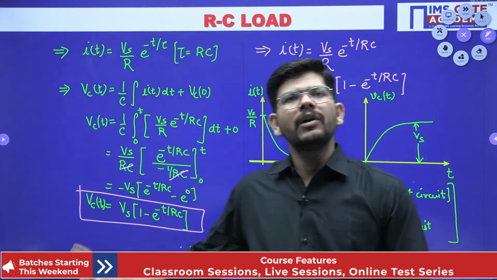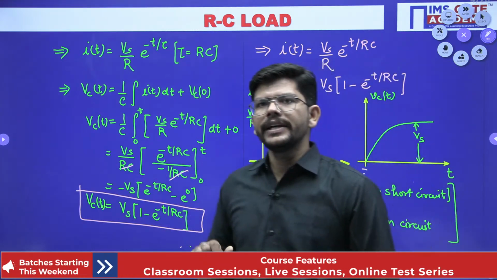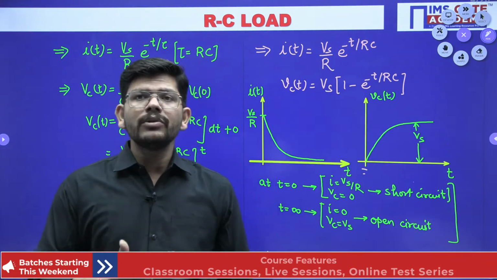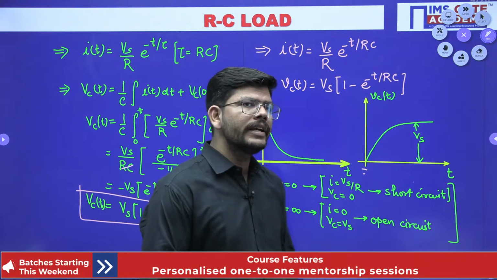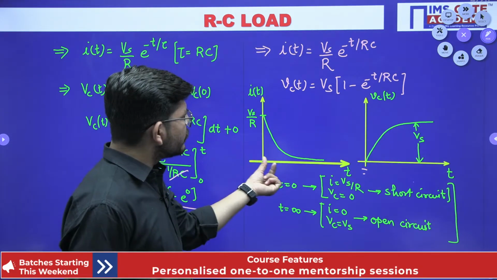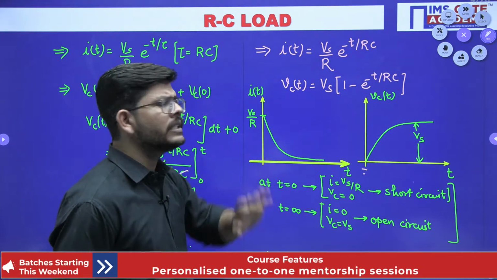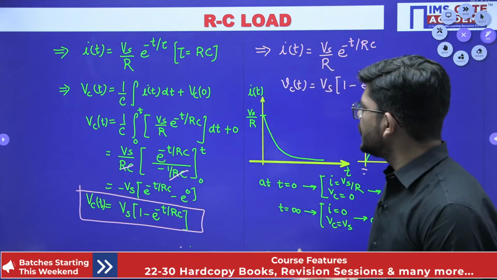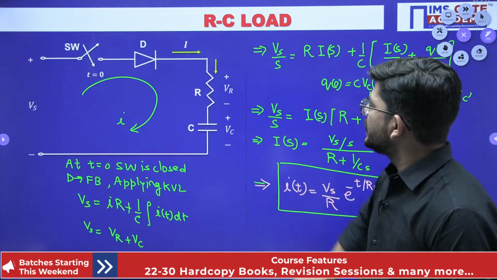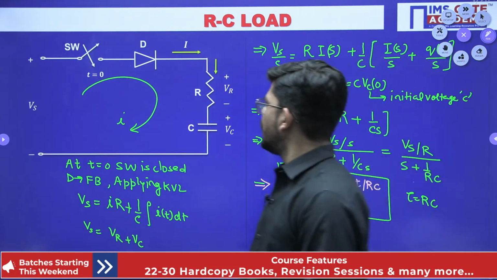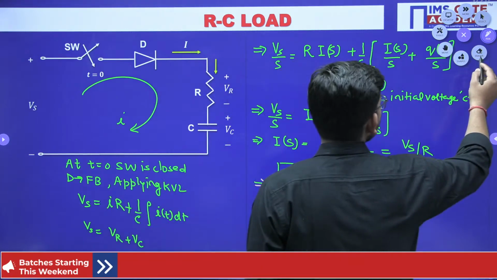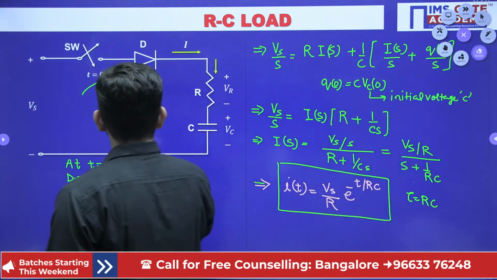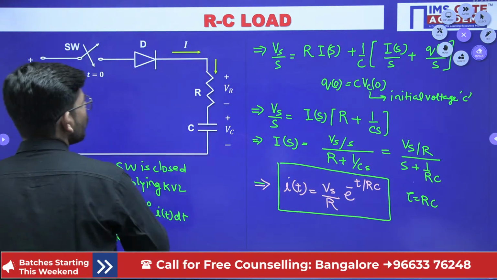So have you seen how the current and voltage waveforms vary across an RC circuit? They show some transition and finally they settle to their final values. So this is how the voltages and currents vary across an RC circuit. So this was our RC circuit. If I have to summarize what we have obtained here,